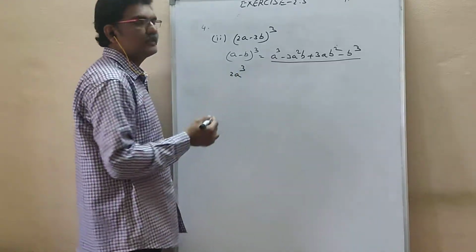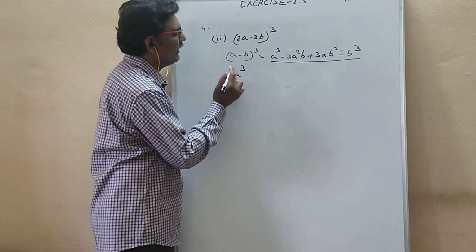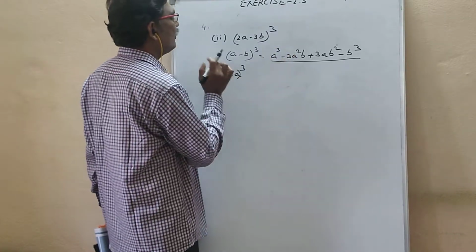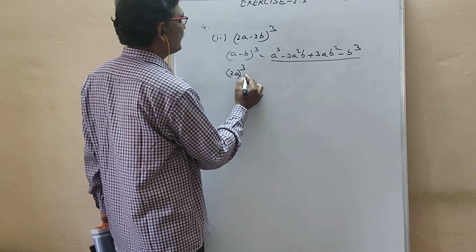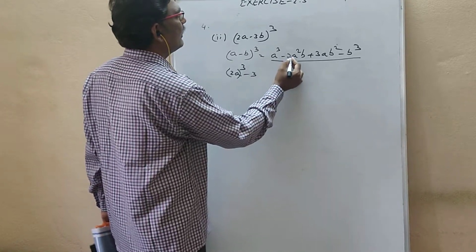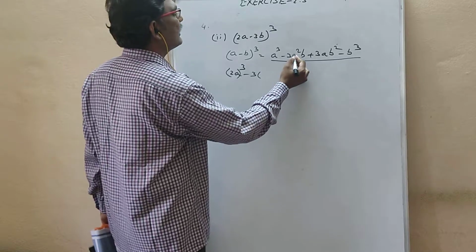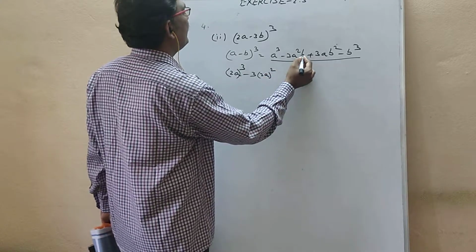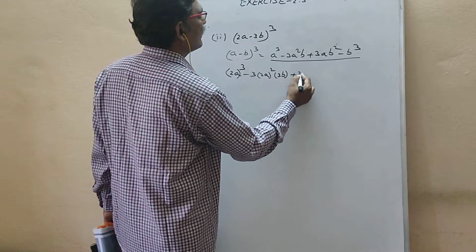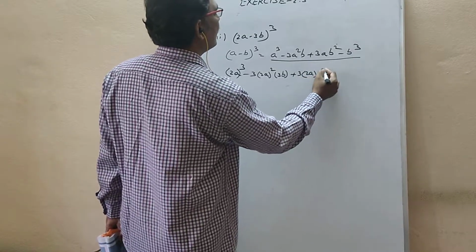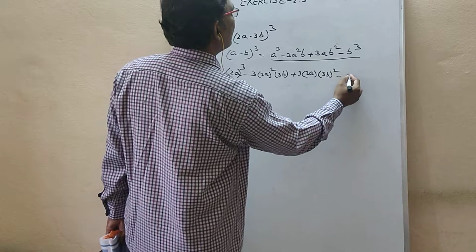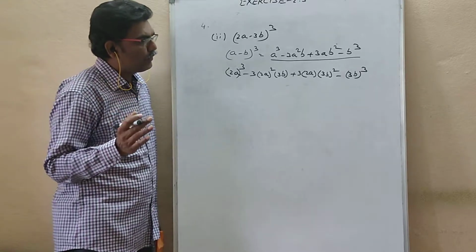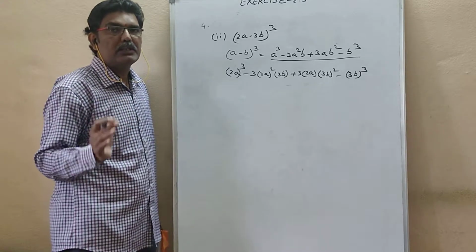2a cube. You should not write like this. If you write like this, the cube belongs to only a. So keep it inside the brackets. It is a cube, and in place of a, I have written 2a. After a cube, minus. Minus I am writing. 3 is there. No symbol means into. Into means brackets here. a square, in place of a, 2a whole square. b is there. b means 3b. 3 into 2a whole square into 3b, then 3b whole square, then 3b whole cube. So wherever a is there, I wrote 2a. Wherever b is there, I wrote 3b.